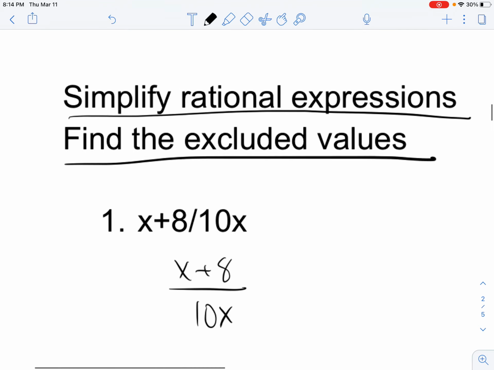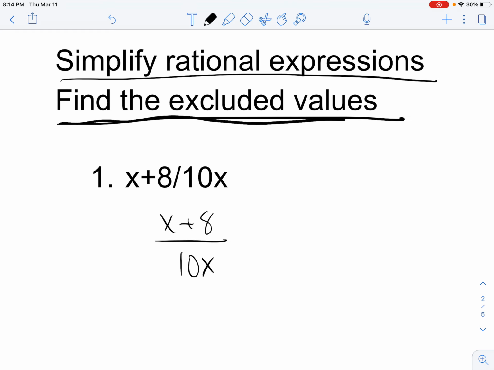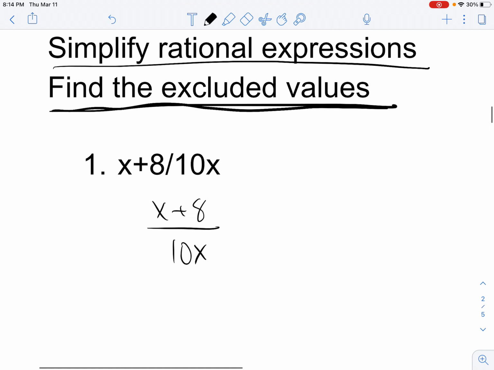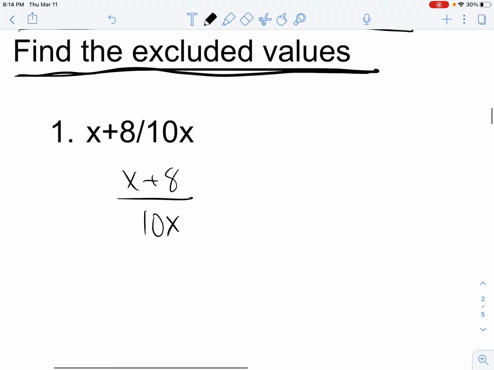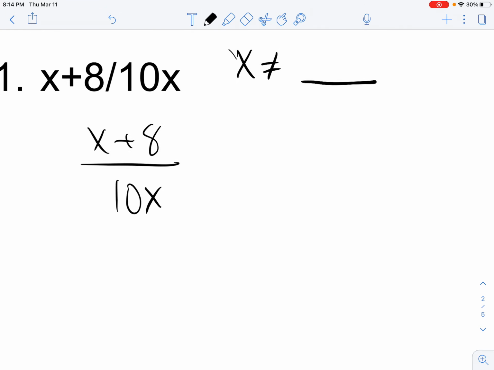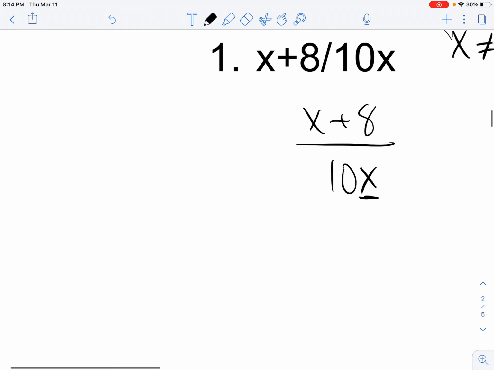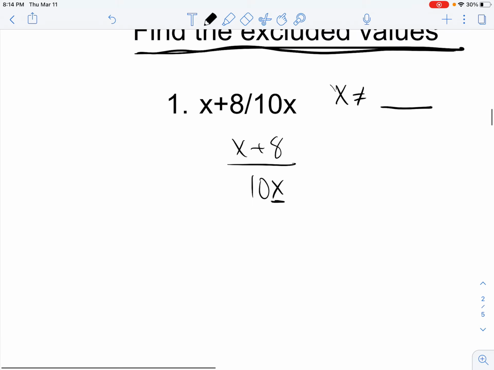Moving on. Now, when it says simplified rational expressions, and it's asking you to find the excluded values, what it means is what values can x not be for this to be true? Well, that's what we're trying to find out. Now, there's an x variable over here. Now, as a basis for this,